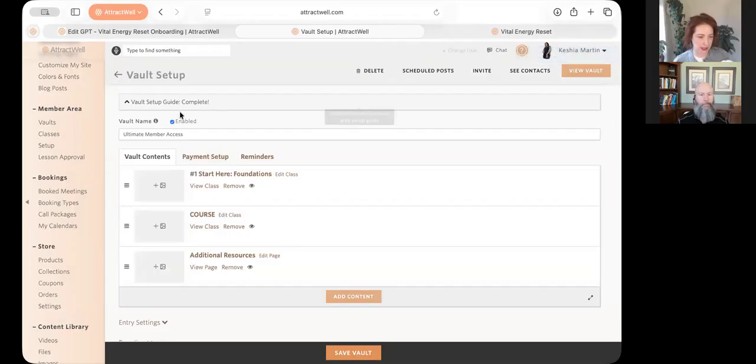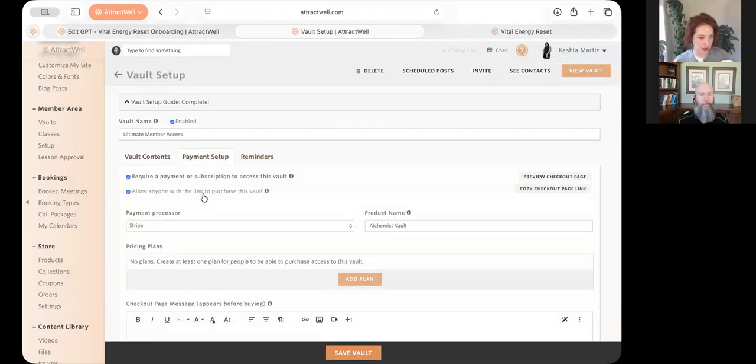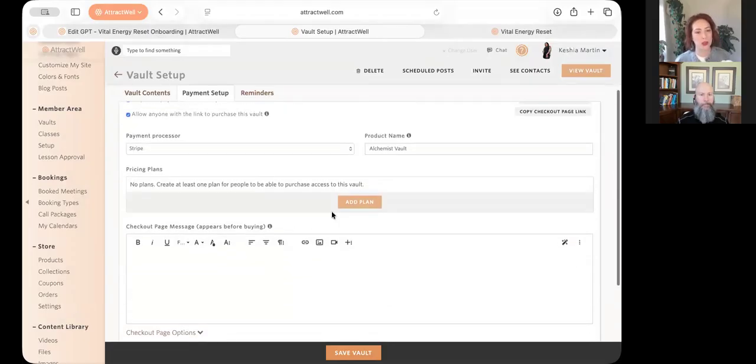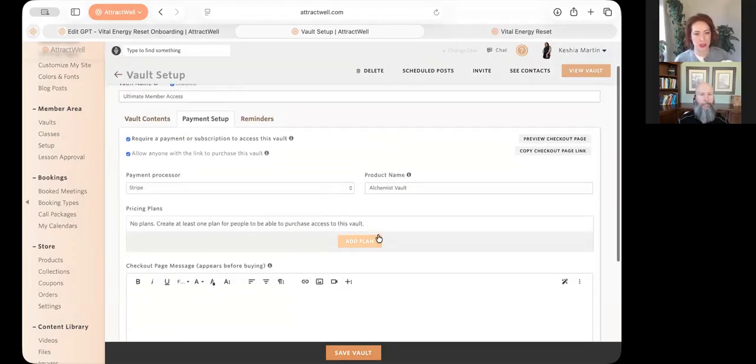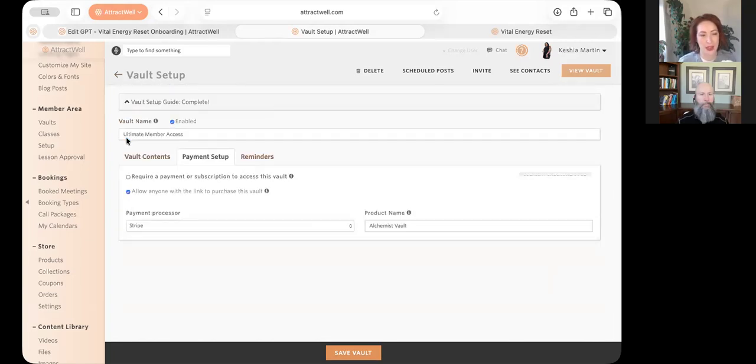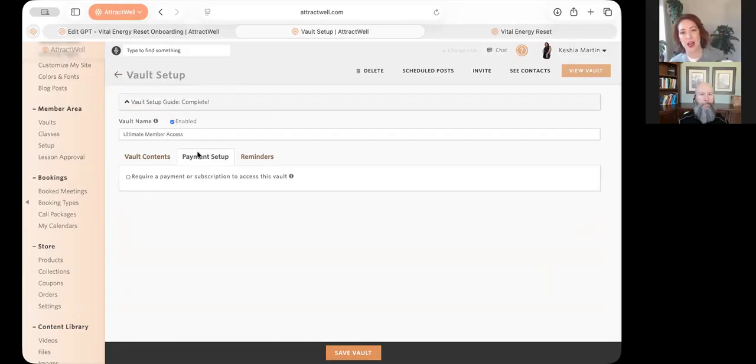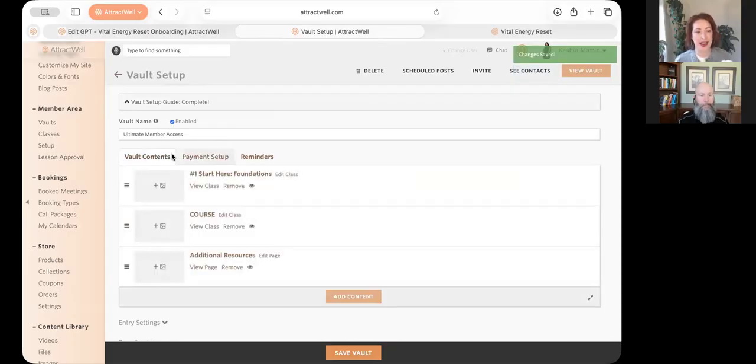Okay. So let's see, under payment setup, anyone with the link can purchase. We're requiring, oh, well, there isn't a payment plan attached to it. So this one actually shouldn't require payment yet. So that's probably the problem. So I'm going to save this without requiring a payment since you don't have that set up yet. And if you were to send her, or add her to it again,